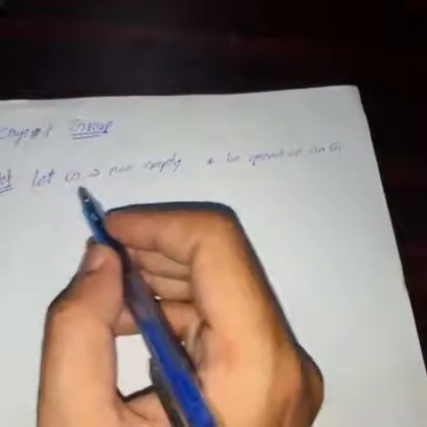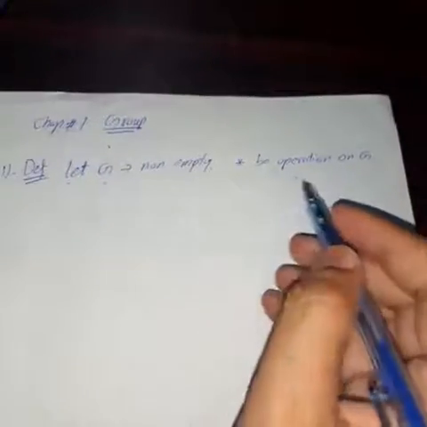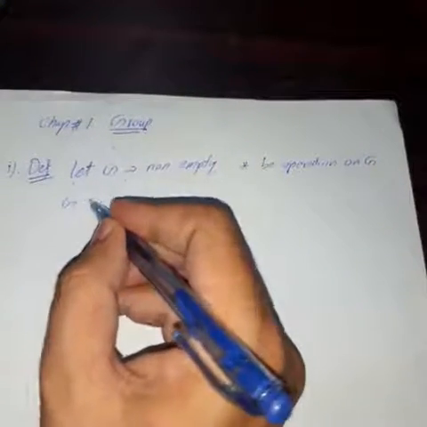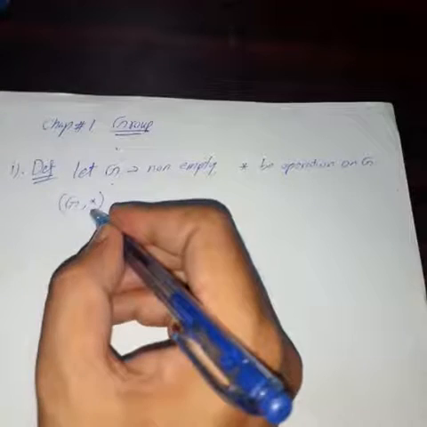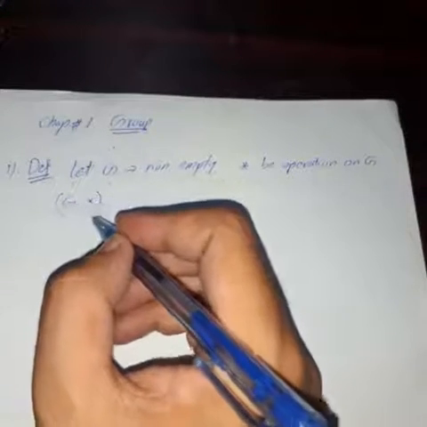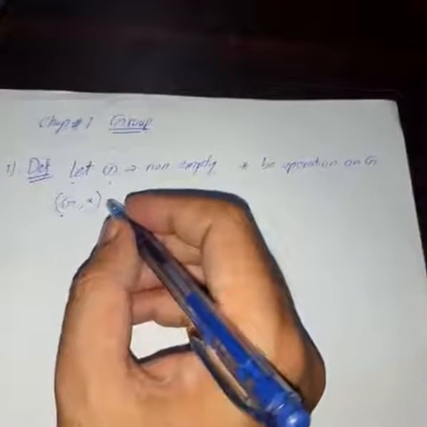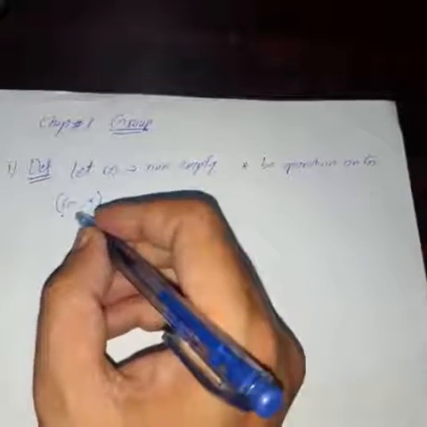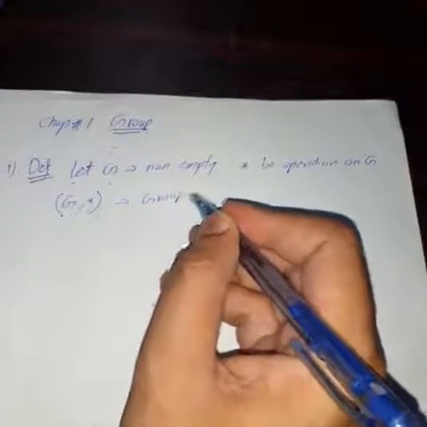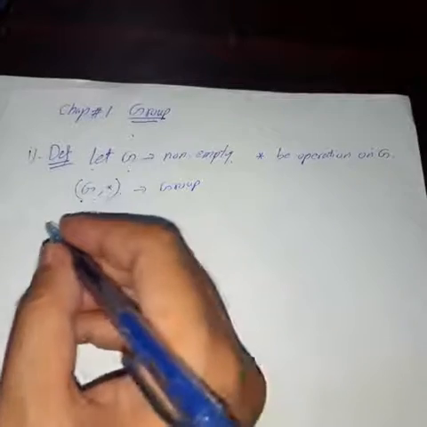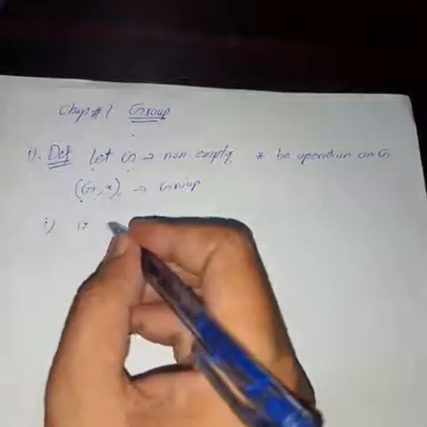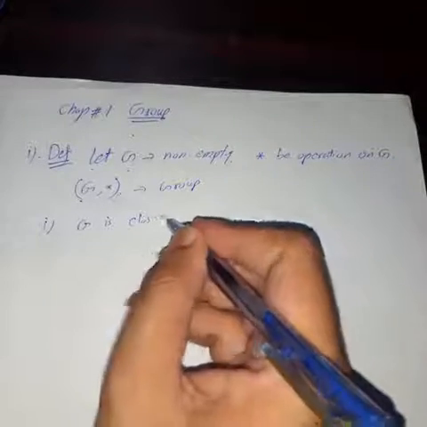We say that G is a non-empty set and * be any operation on G. Then the pair (G, *), G a set and * a binary operation on G, is said to be a group if it satisfies the following axioms. Number 1 is closure. G is closed under operation